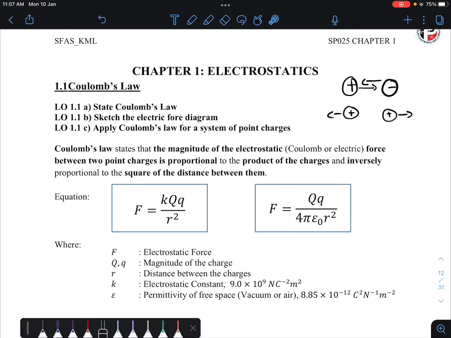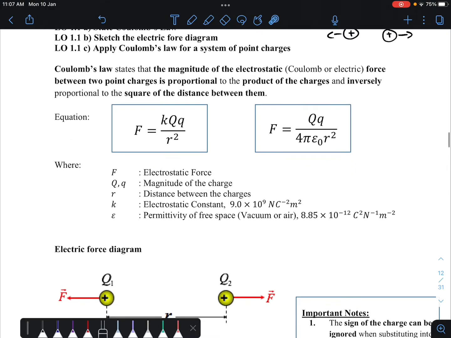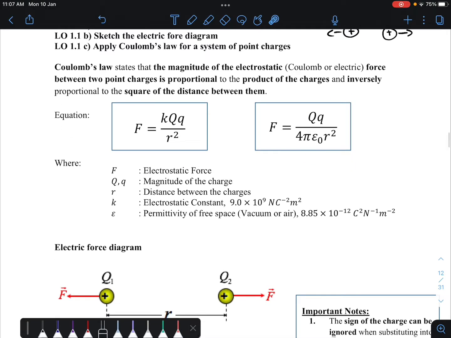So our first subtopic 1.1 here has 3 learning objectives. The first one is to state Coulomb's law. Second one is to sketch electric force diagram and to apply Coulomb's law for a system of point charges. Okay, we are going to look at what is Coulomb's law. Coulomb's law states that the magnitude of the electrostatic or electric force between 2 point charges is proportional to the product of the charges and inversely proportional to the